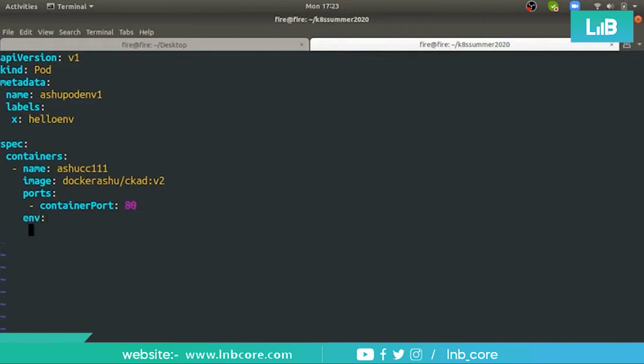Now here, the env keyword. Under env we have to write a name. Here we have to write the name of the variable. This must be the same variable that we defined in the Docker file under the env keyword.